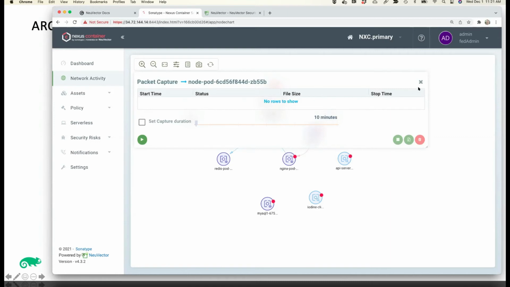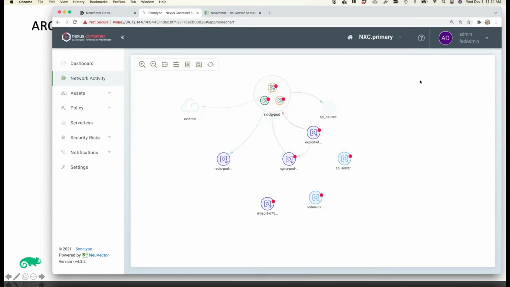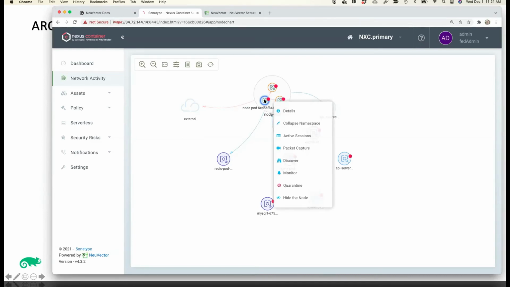You can start it for a set amount of time if you're noticing suspicious activity. And what a lot of our customers do is automatically turn on that packet capture for some amount of time if any type of suspicious activity is detected. Then later they can have that for forensic investigation. You can also quarantine containers. If there's suspicious activity, a quarantine will block any network connections in or out of that container, leaving it up so that you can kube exec into it and pull its data and logs and see what's going on in there.